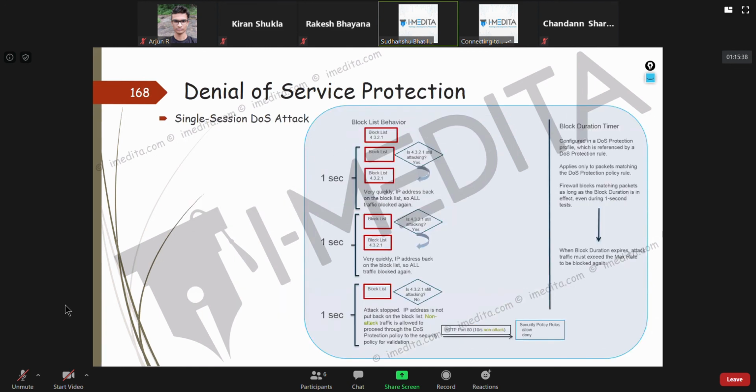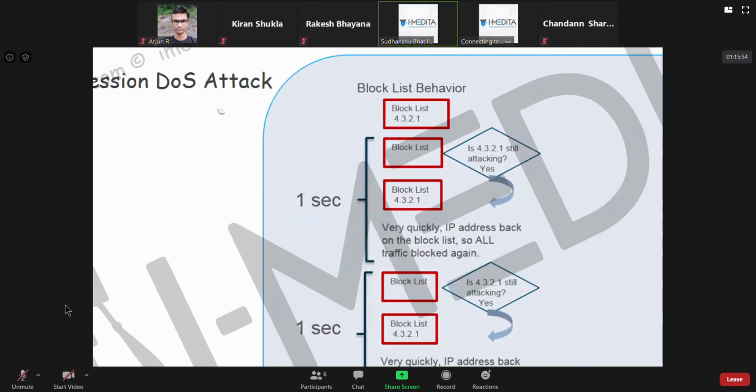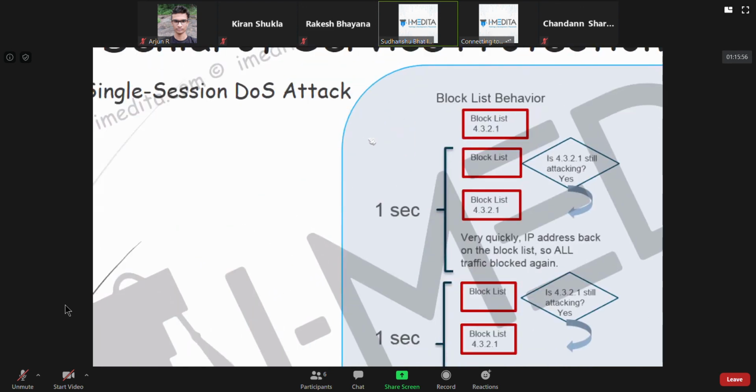Another is a single session DOS attack. In a single session DOS attack, if you look here, suppose this guy attacked, it's going to be put in the block list, and it's going to be checked continuously whether it is still attacking or not. If it is still attacking, it will remain in the block list.